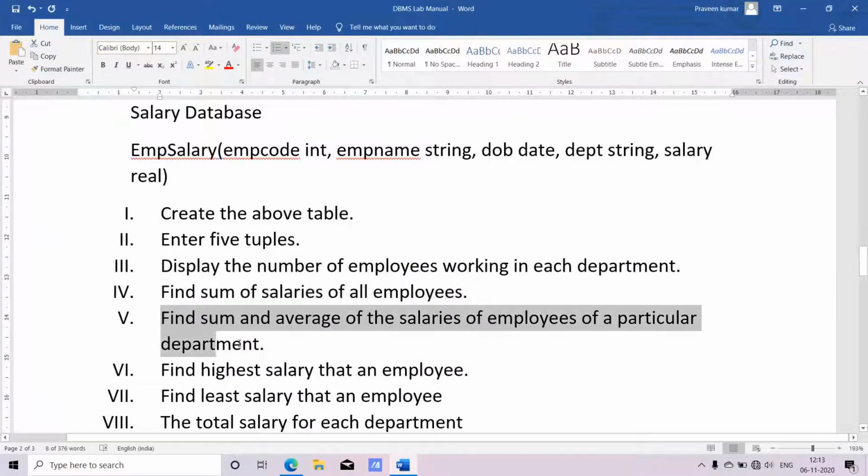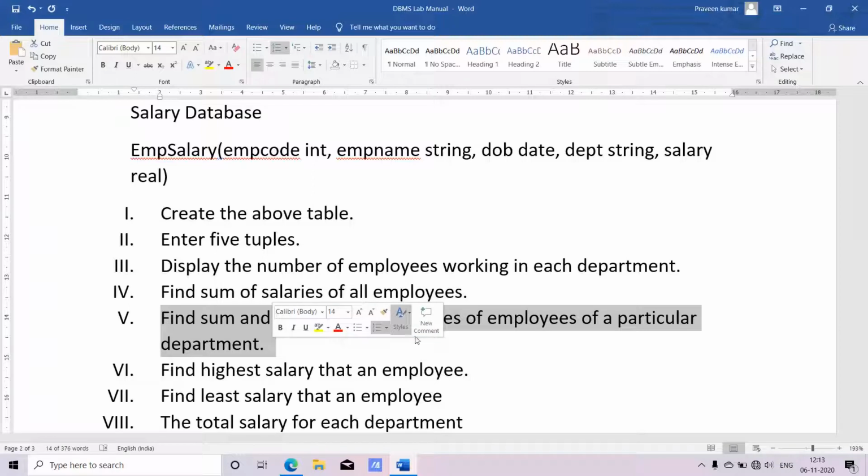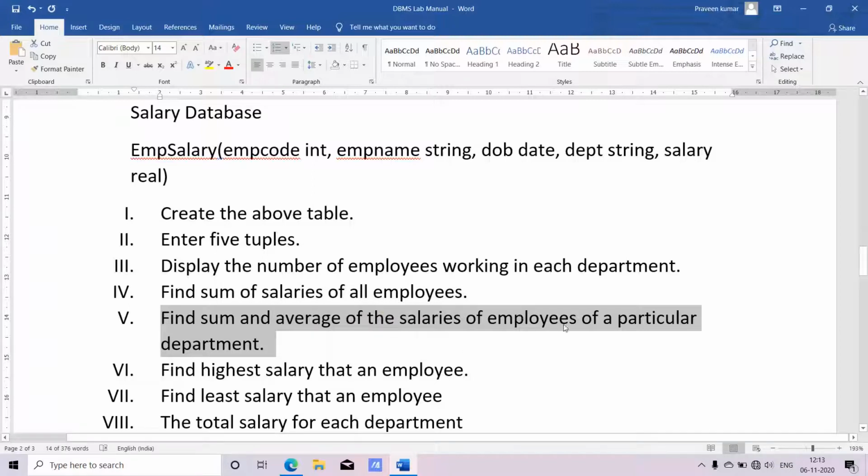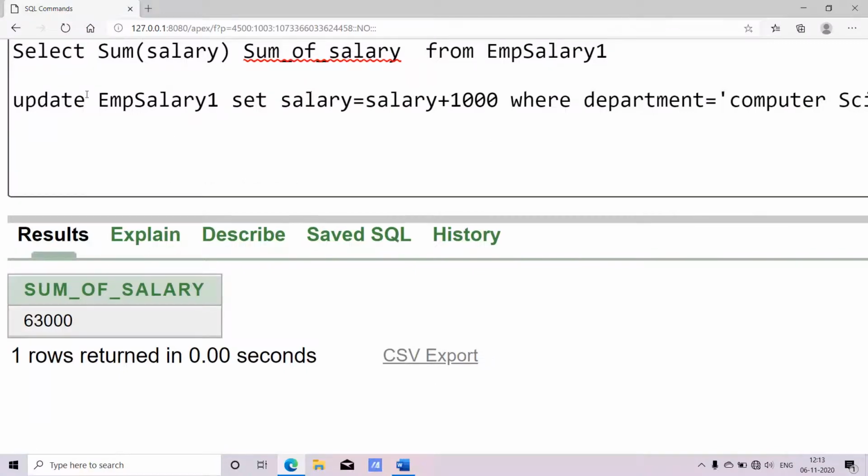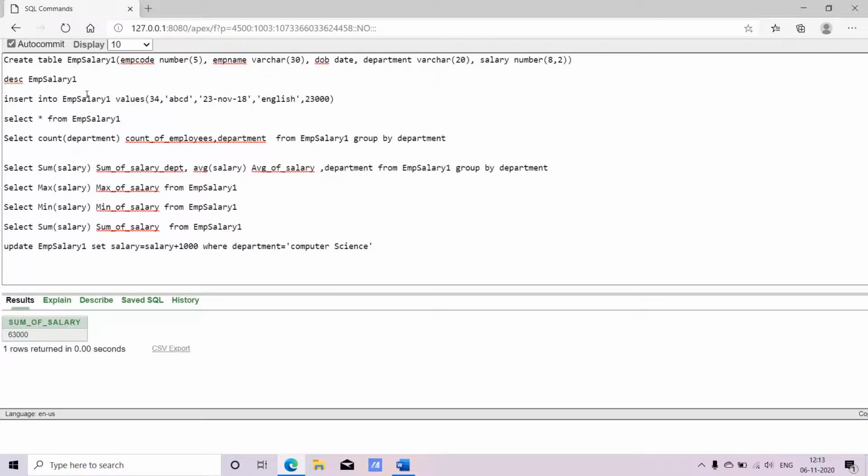Okay. So that is our fourth query. And the fifth query is to find the sum and average of salaries of employees based on the department. So here I need to group based on the department.